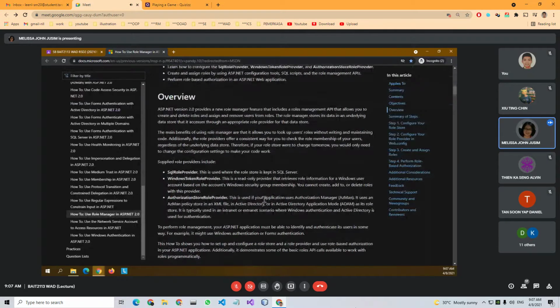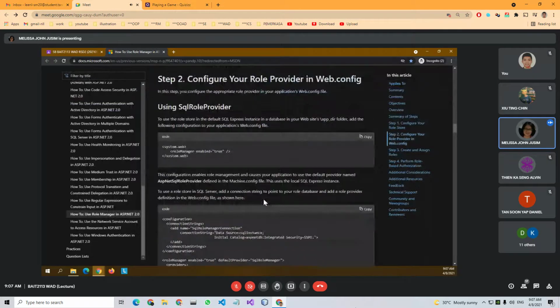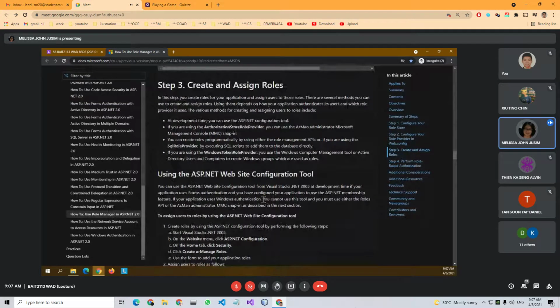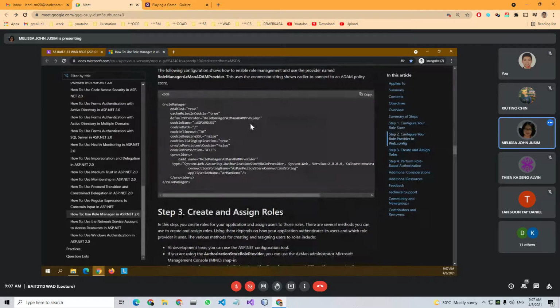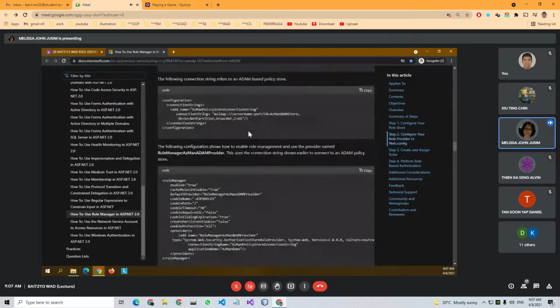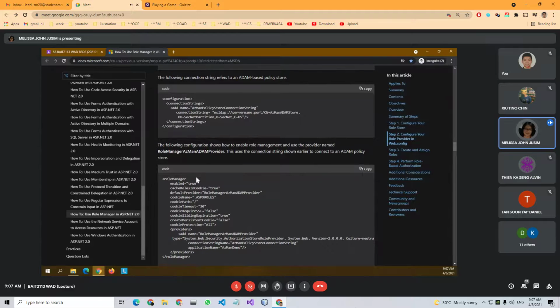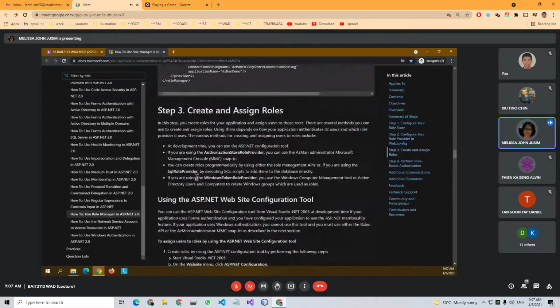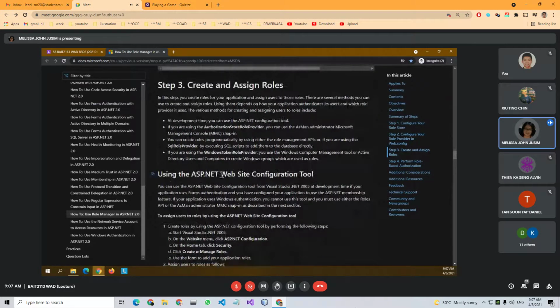This is what I found from the documentation. Create and assign roles. Our notes are up until enabling the role manager, setting enable to true. But then we can no longer access this. It's no longer there.